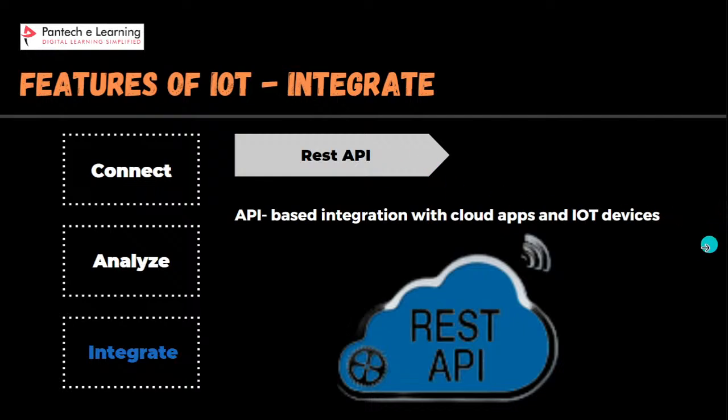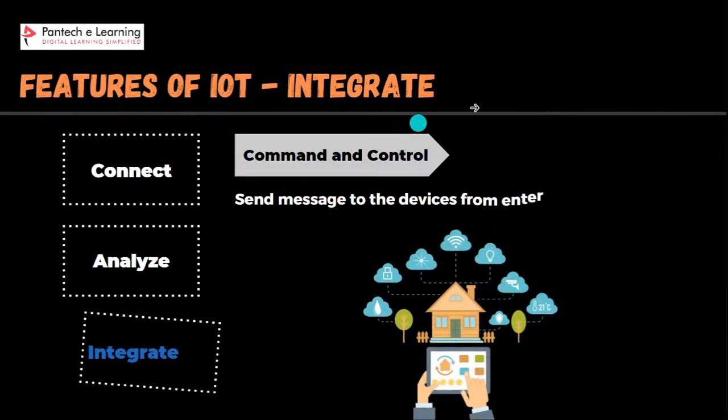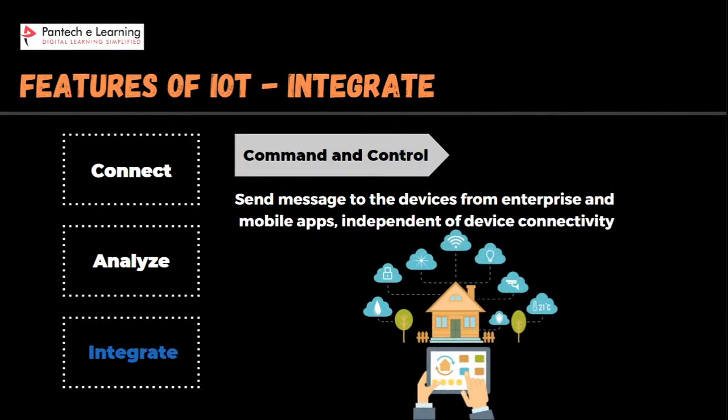And coming to the next one, command and control. If I don't have command and control on my platform, then it's all noise, right? I built a very great environment, something that is quite extraordinary. But if I cannot control it as per my requirement, then the system in itself is not useful. If I cannot tell my door in a smart home to unlock when I want it, then it becomes a failure on my part. If I cannot control my AC in my smart home, again it's a failure.